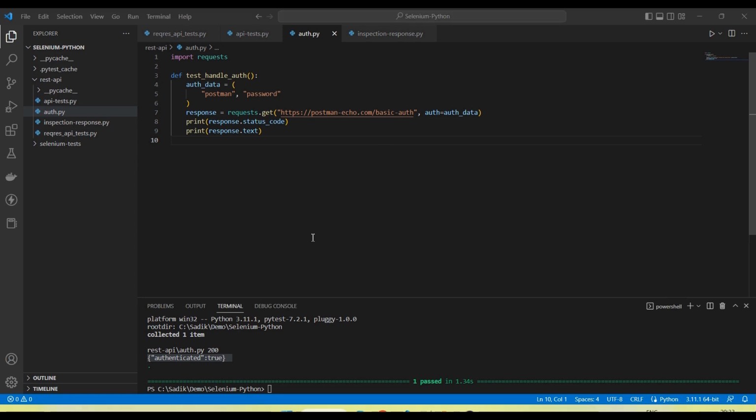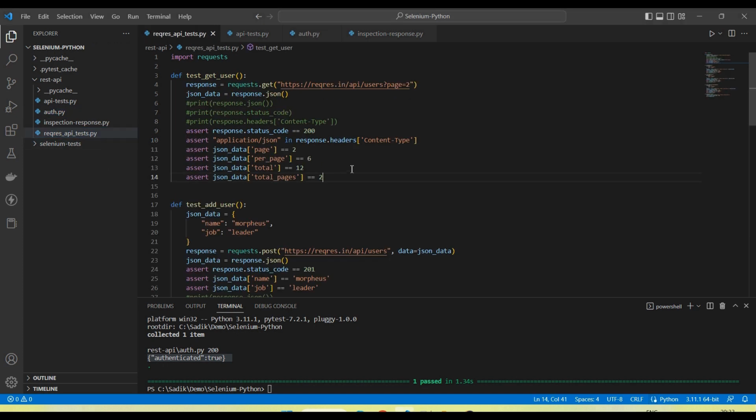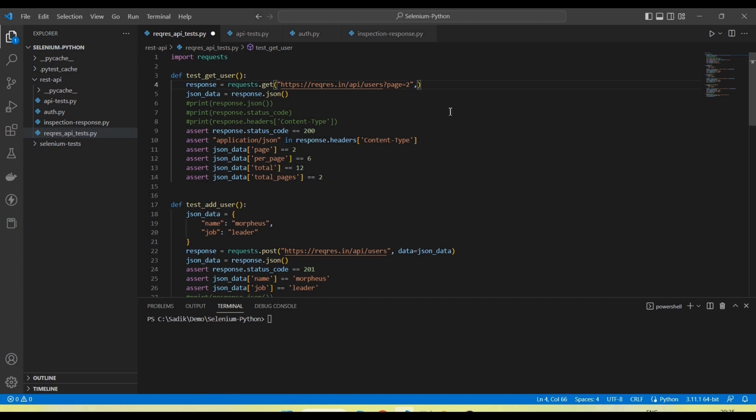Okay, now next let me show you how we pass the query parameters as well as the headers along with the request. So I created this example here initially. Now you can see these are the query parameters, right? How do we pass these query parameters along with the request without passing them in the path? Here we can call params